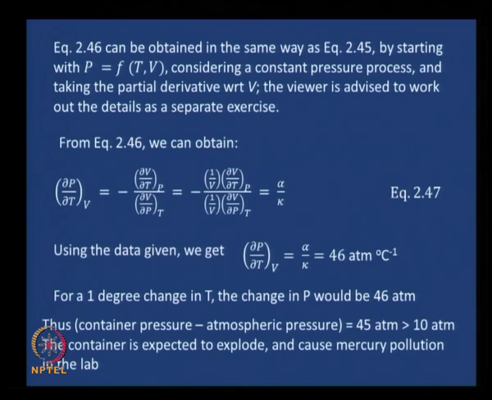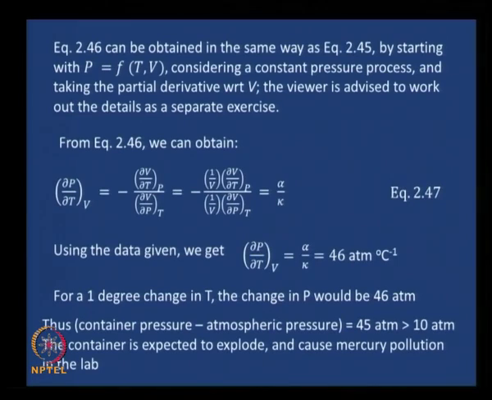Okay. I would like you to go back and see the thinking. There was a real life situation that was given, and we converted that into some sort of a mathematical model, if you will, in terms of mathematical expressions, and then we could use the data that was available to come up with some useful or relevant information. We would know the dangers that are posed by keeping the container of mercury near a heat source, and if we know this, probably we would not do that. We will continue in the next class.